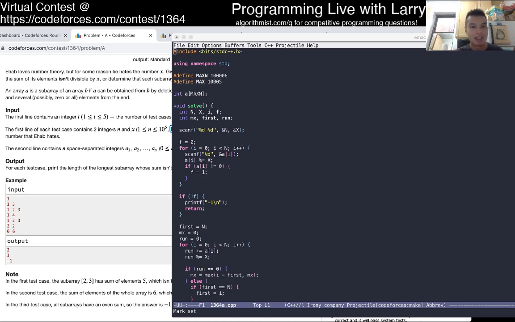And what does that mean? That means that the longest subarray that ends in this current index starts after the first element where the prefix sum is not 0.